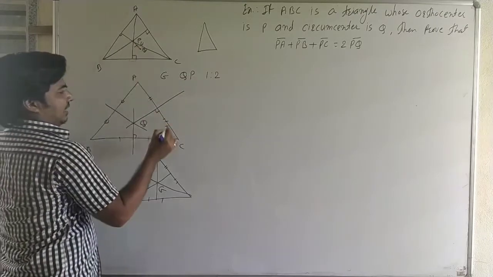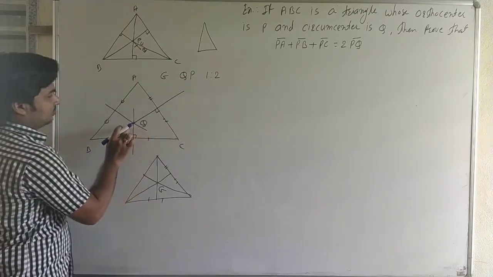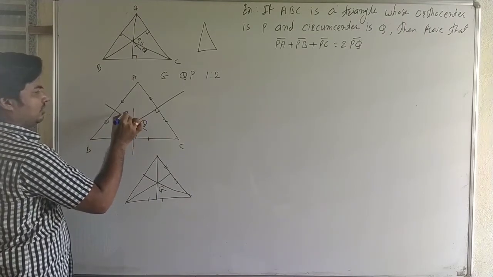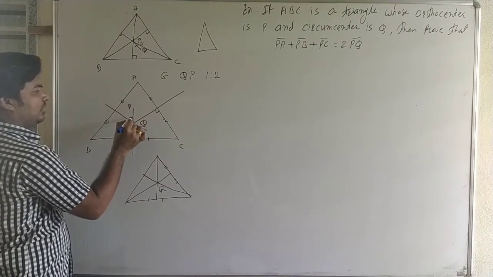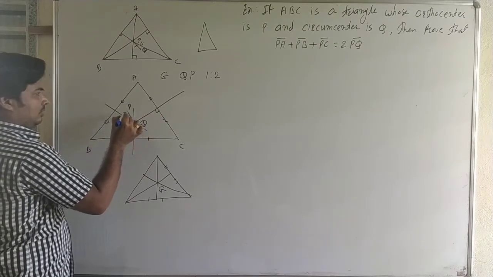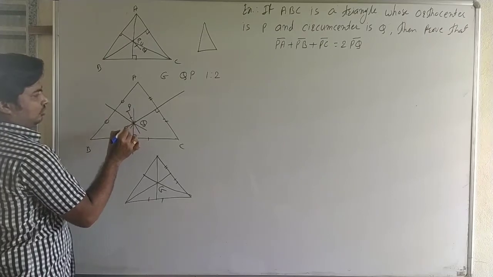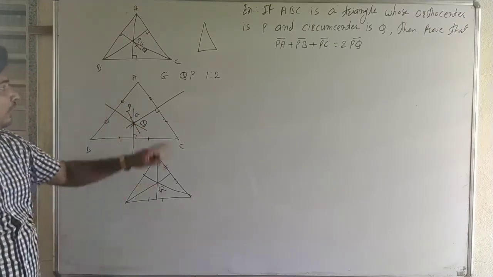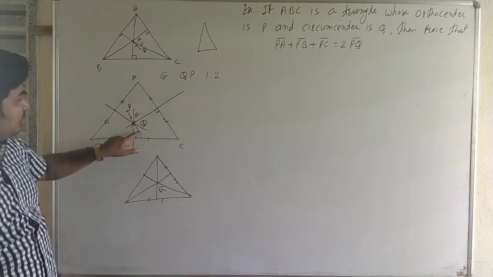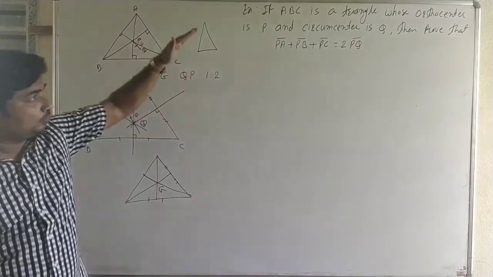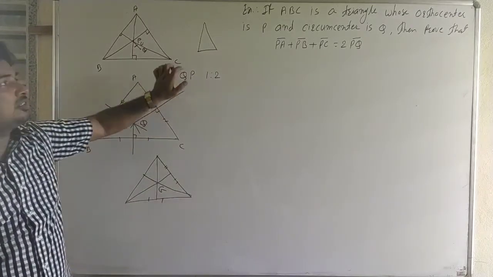Okay, here in any triangle, it is the circumcenter. The orthocenter becomes P here, and the centroid is this point G. Therefore P, G and Q are collinear, and point G divides QP internally in the ratio 1:2. Okay, here we use this result.